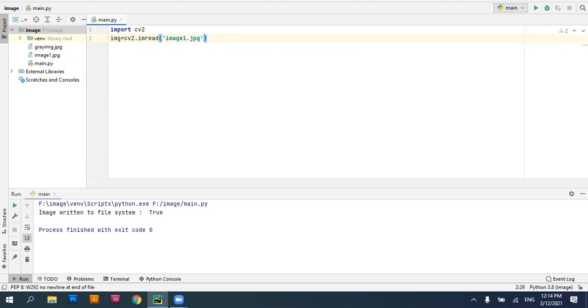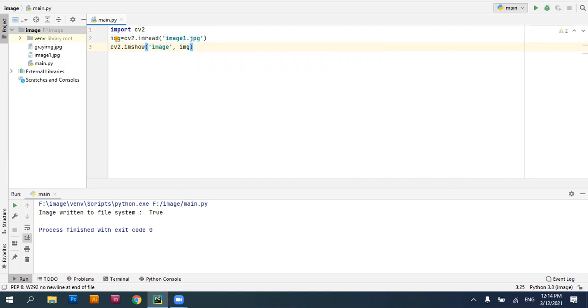Once I read this image, I'm going to display that in a window. To display that, I'll be using cv2.imshow, where imshow will display the image window by specifying the window name here. I'll specify the window name as image, followed by the variable name, that is img.